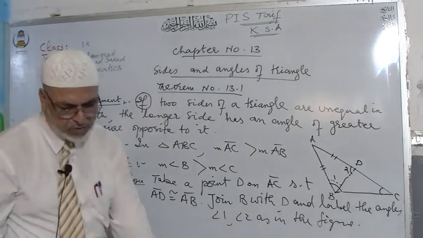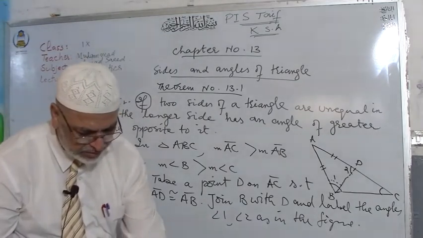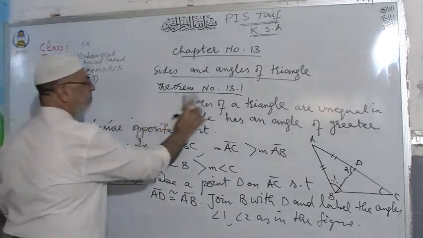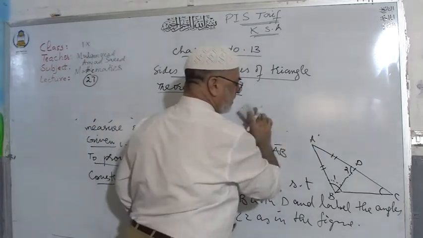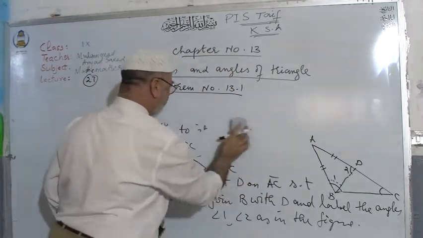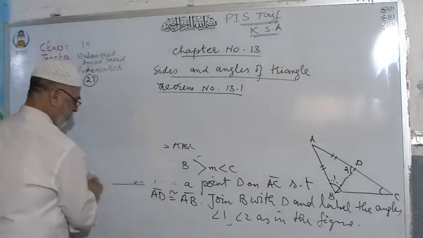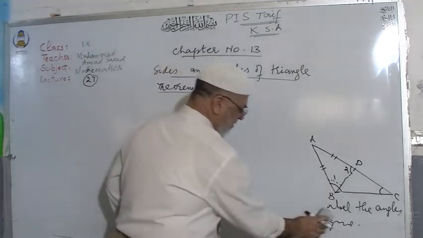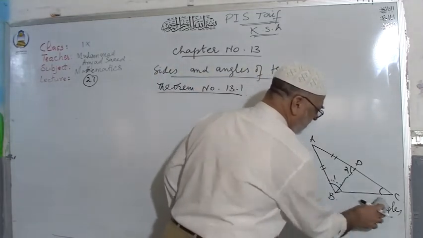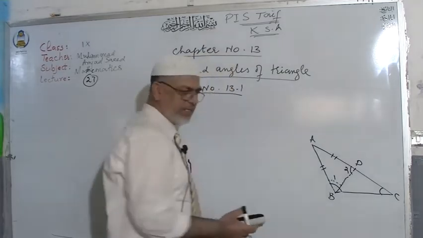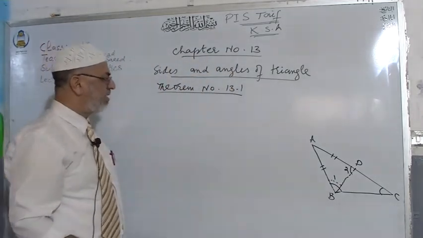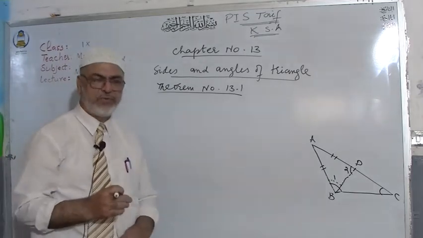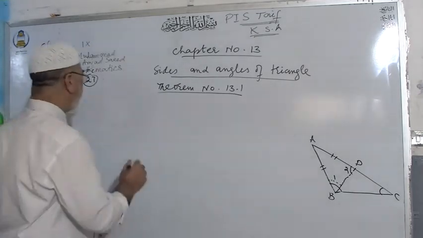After that we have the most important part of your theorem, and that is proof. This is the main body of the theorem. Dear students, by mistake, in chapter number 11 or 10, I had written this, the main body of the theorem, as to prove. Actually, it was not to prove, it was the proof. Here is proof.